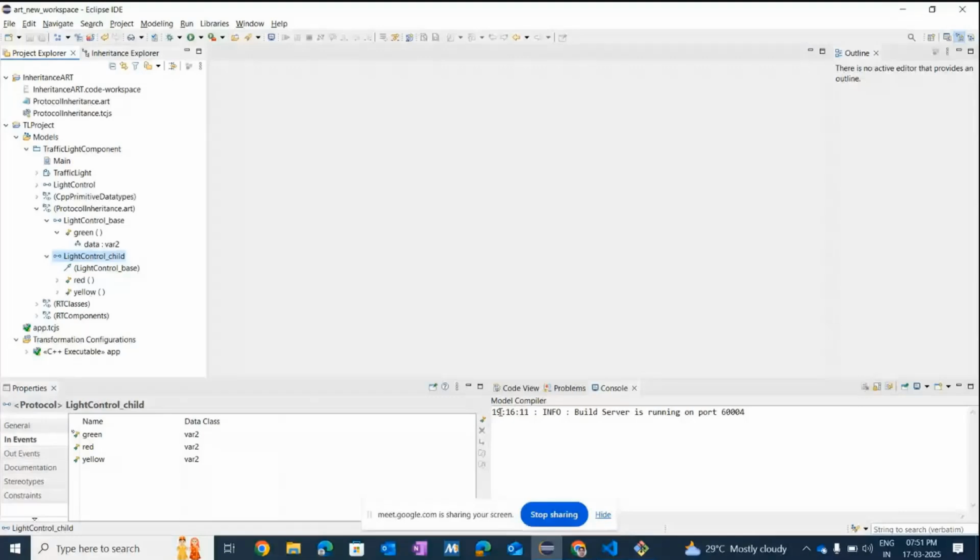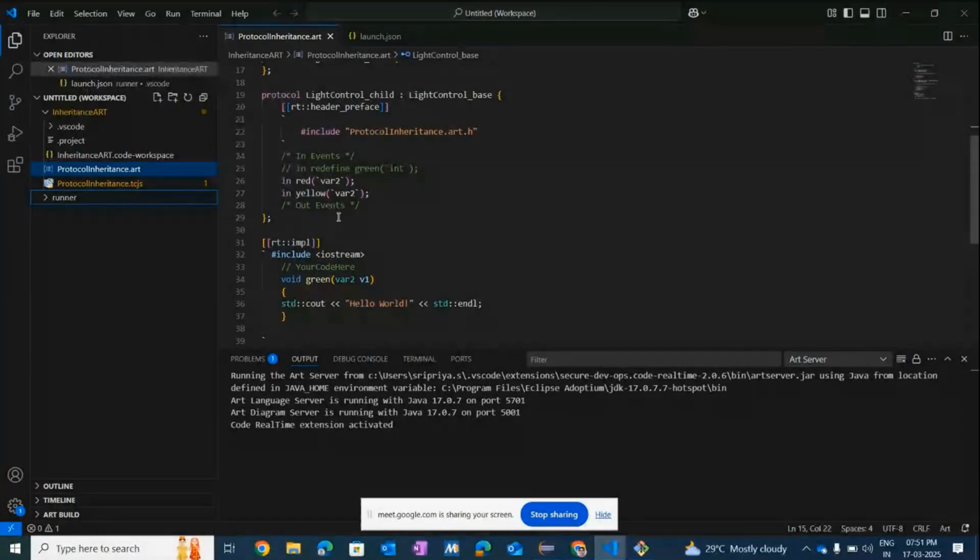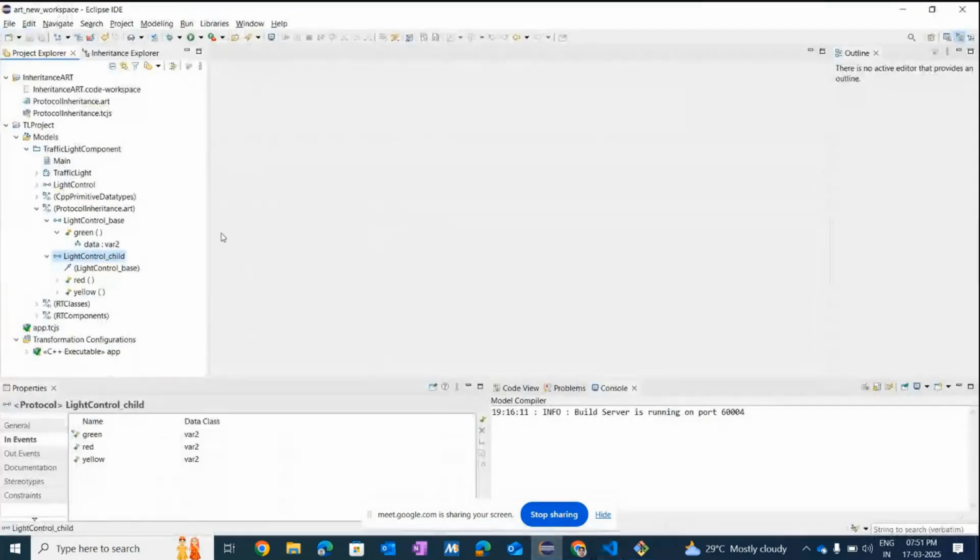Last sprint, we had seen that we can use Code RealTime for creating some parts of our application and then build them into a library and then use this library in Model RealTime. So in this sprint, we have some improvements done in these integration use cases.